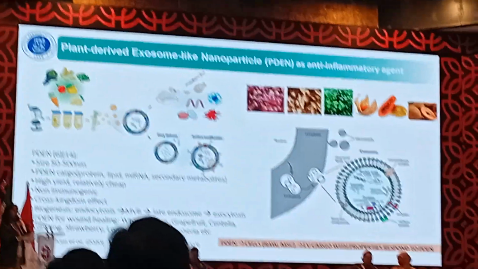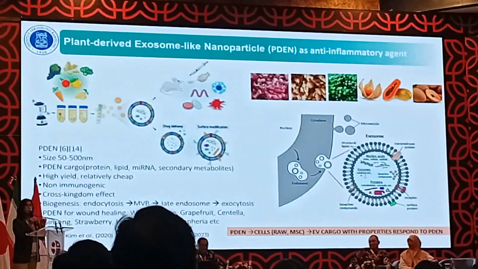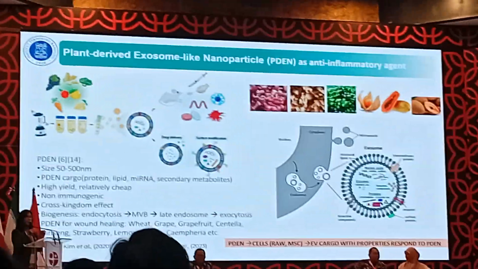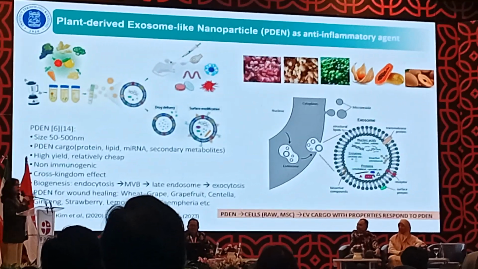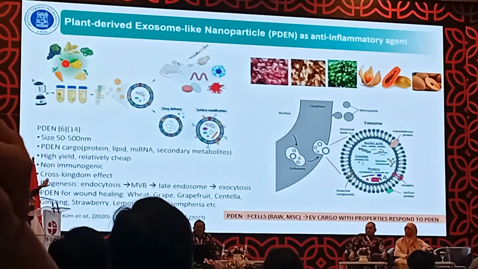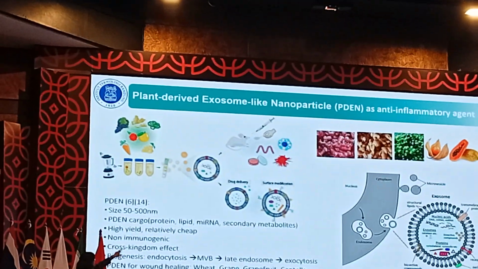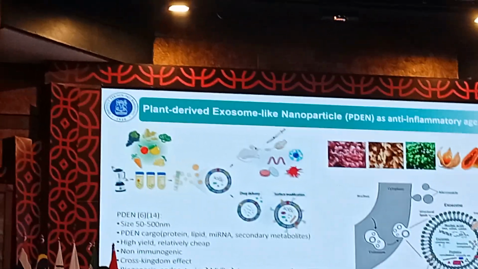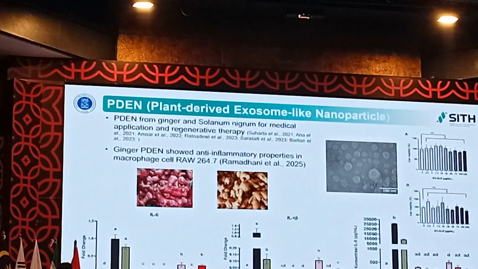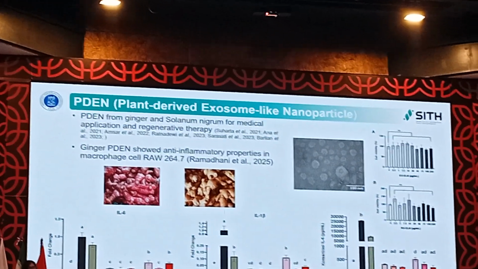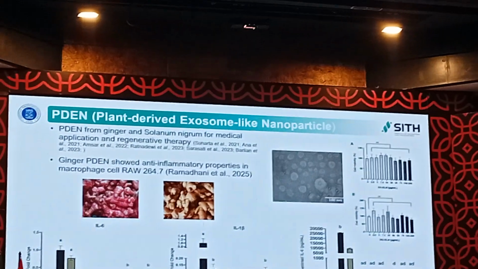So now in our research, our group also focuses on the plant-derived exosome because the exosome from the stem cell is very expensive to get. So we try to use our bioresources from Indonesia, and we use ginger and perhaps solanum or lencha in West Java, and also papaya, ciplukan, and other fruits. The next slide, please. So here is our result. Yes, so it is even better compared to the positive control using dexamethasone. Ginger is very good, and this is our local ginger, the red ginger and improved ginger.